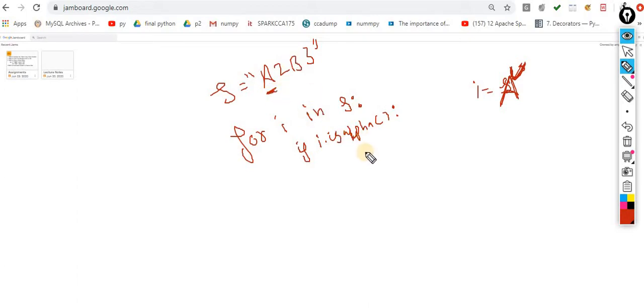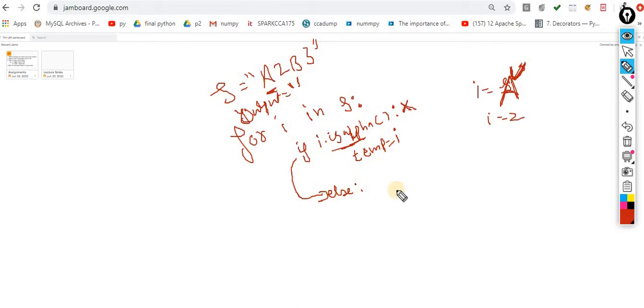If this condition is true, then what do you have to do? temp is equal to I. And here you have to take a final output variable, output, this one, an empty container. Then the else part. If it is not alpha, then what do you have to do? Now in the second iteration I value becomes 2. Now this condition is false, this condition will fail. What is the meaning of this? That means else would be executed.